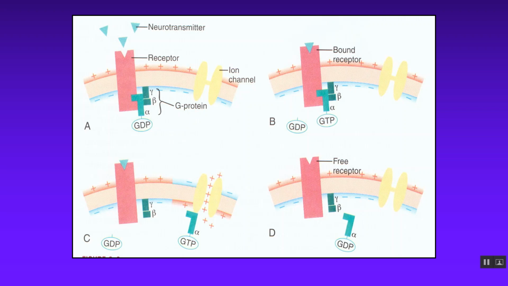So here's what we are talking about. Here is a neurotransmitter. It is a ligand, but it's not binding to a ligand-gated channel. You notice there's no opening in this receptor, right? It's not just a channel or a gate that opens. The neurotransmitter binds to this G protein mediated receptor. This is a receptor that has this little complex, alpha, beta, and gamma subunits. Typically this G protein has 3 subunits that are connected to that